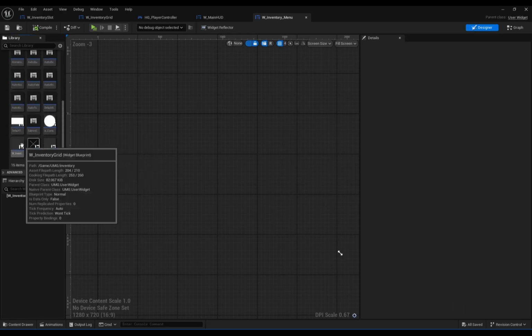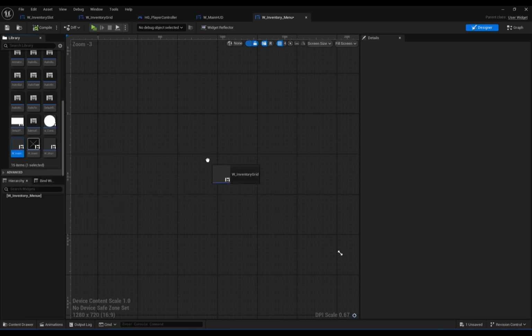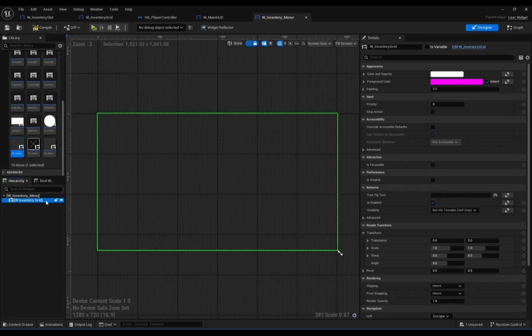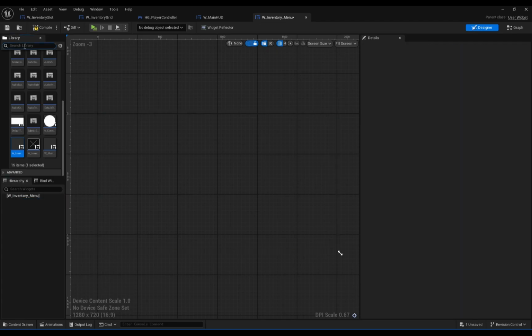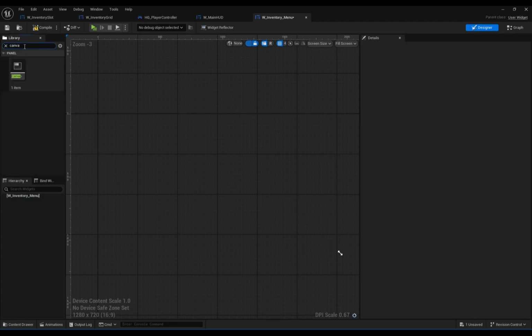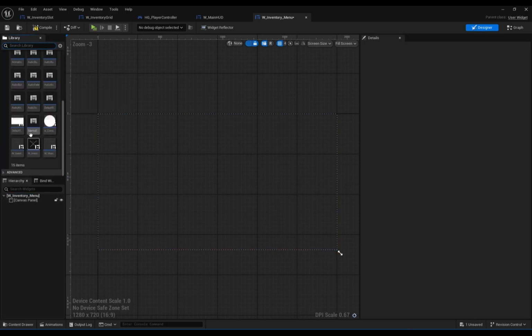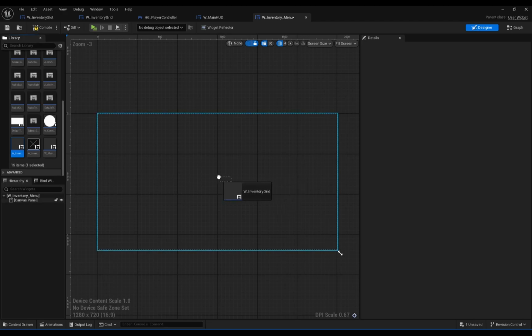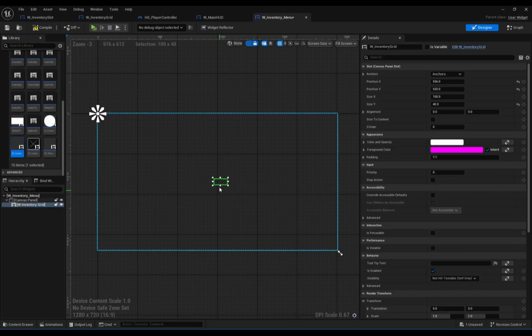our inventory grid to the viewport. Sorry, before that I'm deleting, we need a canvas, add canvas into the inventory menu, and add our inventory grid into the graph, into the viewport, and go to details and size X, set it to 560,